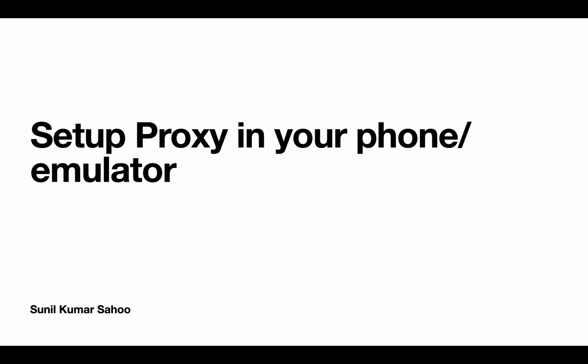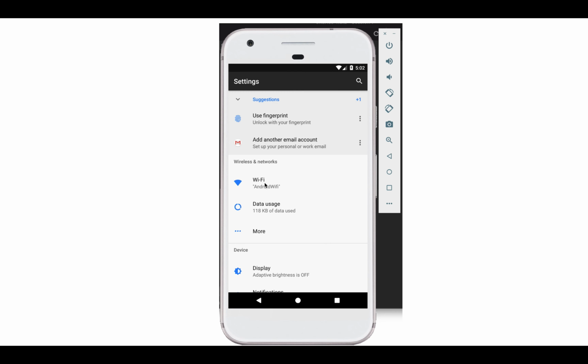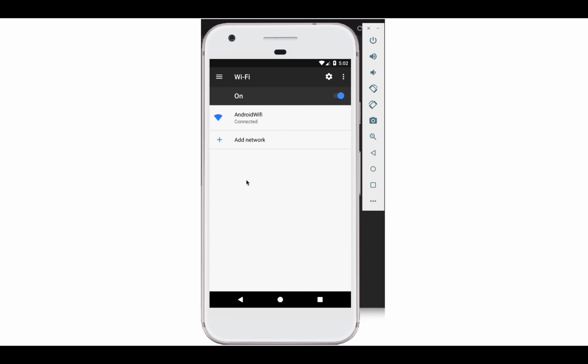Now you need to set up proxy in your phone or emulator. First launch the settings, go to Wi-Fi, then select the connected Wi-Fi. In this case it's Android Wi-Fi which is connected.